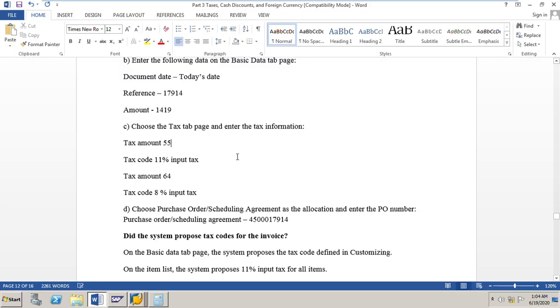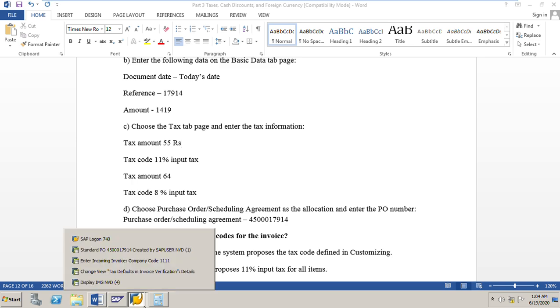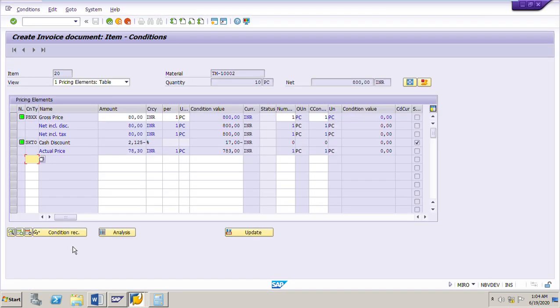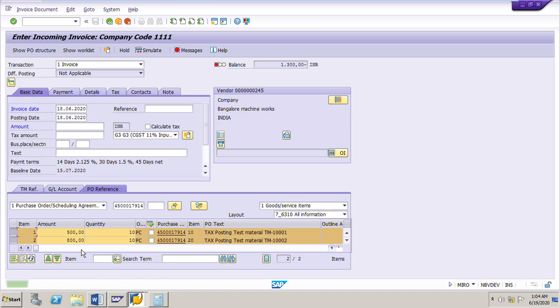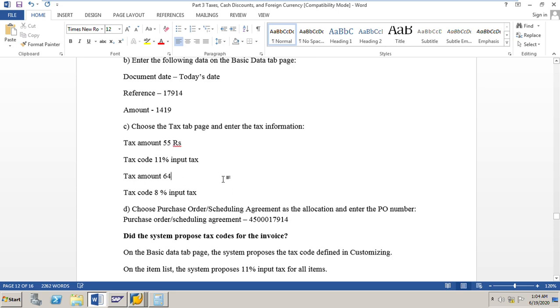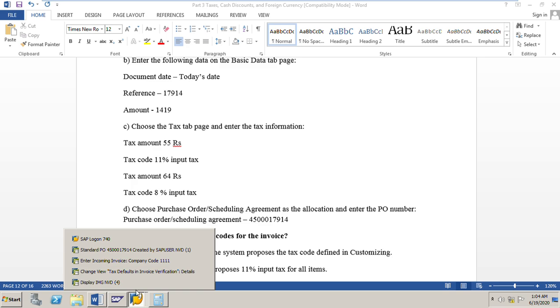The second line item I changed to 8%. The amount for the second line item is 800, so 8% of 800 is 64 rupees. This is the correct tax we have to enter, as given by the vendor.